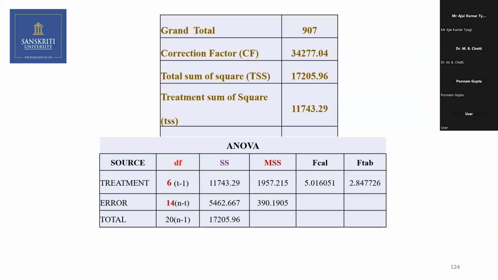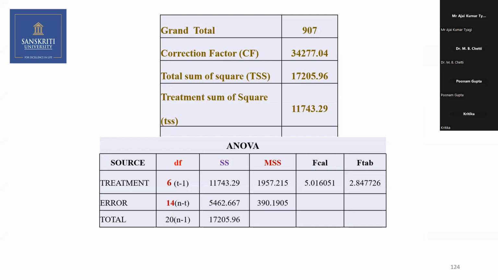Okay. See, we have treatments, we have replications. You have tried 5 drugs. Let us say, which field are you from? Ma'am, I'm from agriculture. You are from agriculture. So suppose you are comparing 7 varieties.